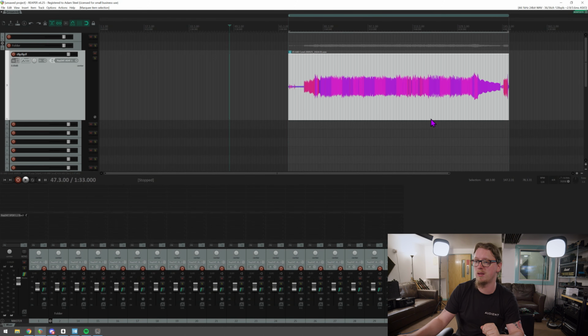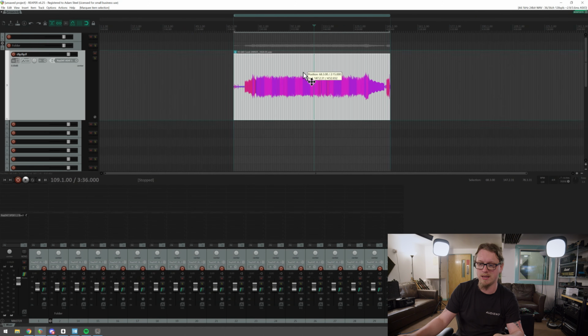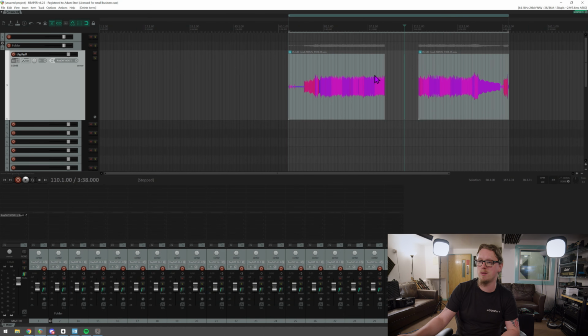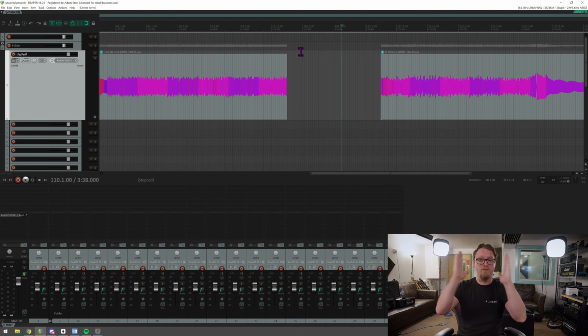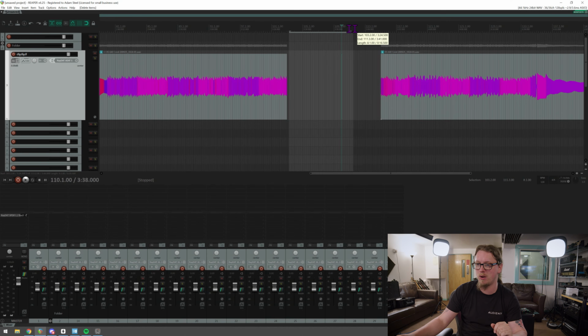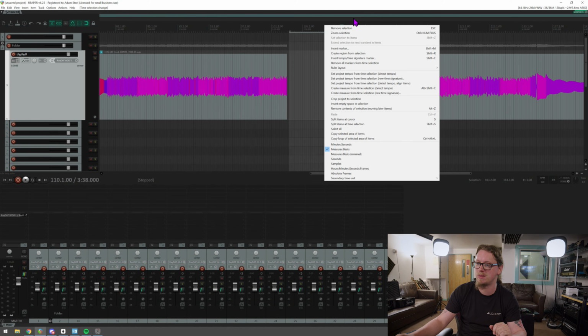The last thing that I will do that saves me a lot of time is let's just split this audio file, delete that bit, and that was a mistake. And let's say I've got an hour's worth of content to the right-hand side. I don't want to have to try and select everything to move it. There might be tempo maps, there might be all sorts of headache. A quick way to just do that, what I call the cut and shut, or in video they call it the ripple delete, is to select the area and then right click on here,